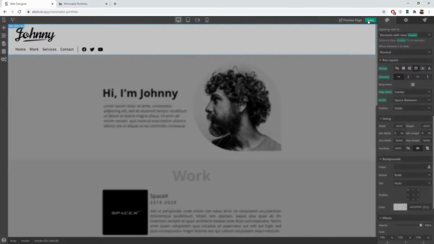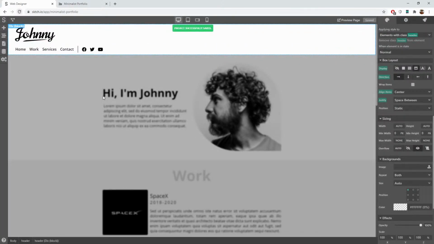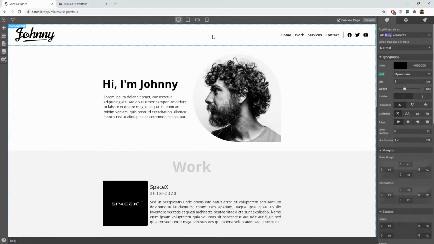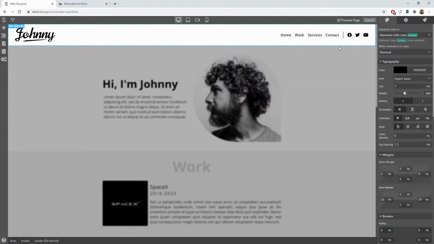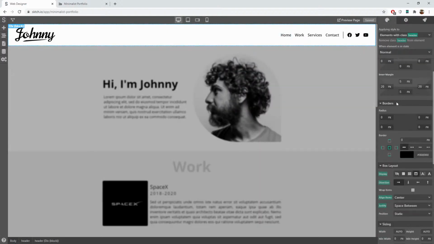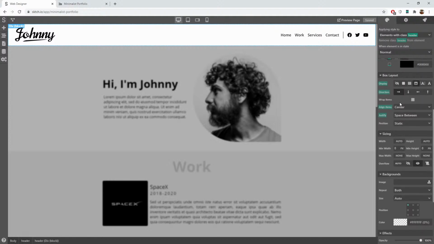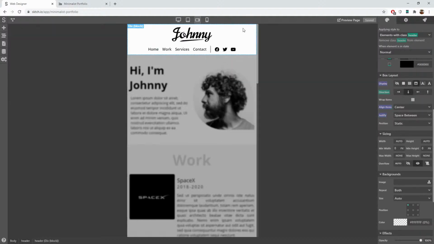Yes, we can save and refresh the page just to make sure. Okay, I guess it was a bug. We'll look into that later. But yeah, so we see that now when we go to landscape, the direction that we have chosen here, which specifically applies to landscape and smaller screen sizes, now works,